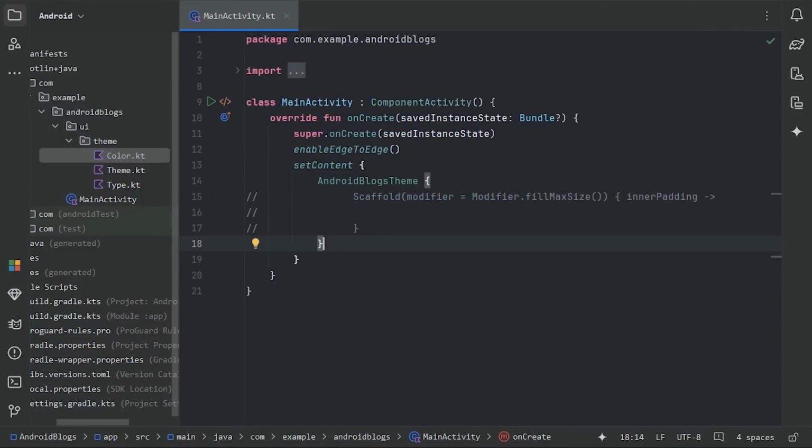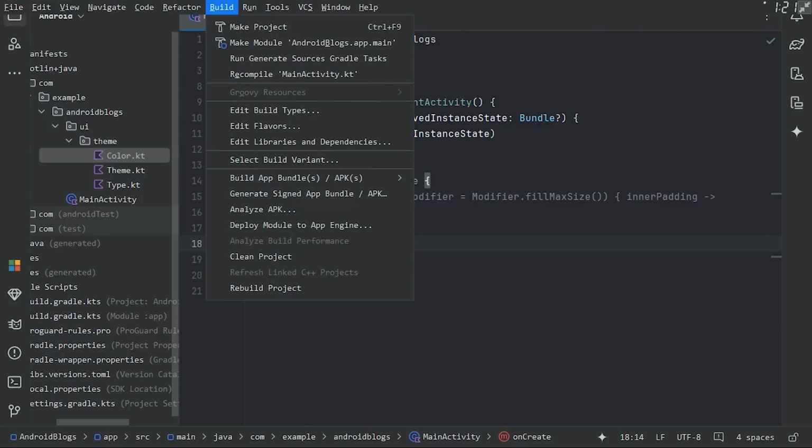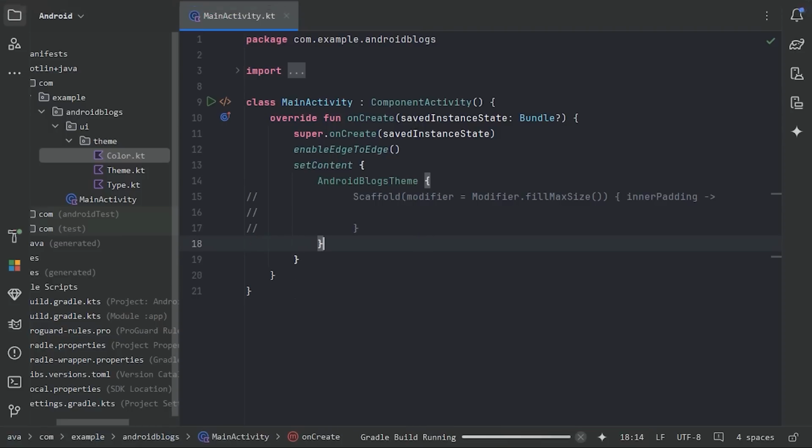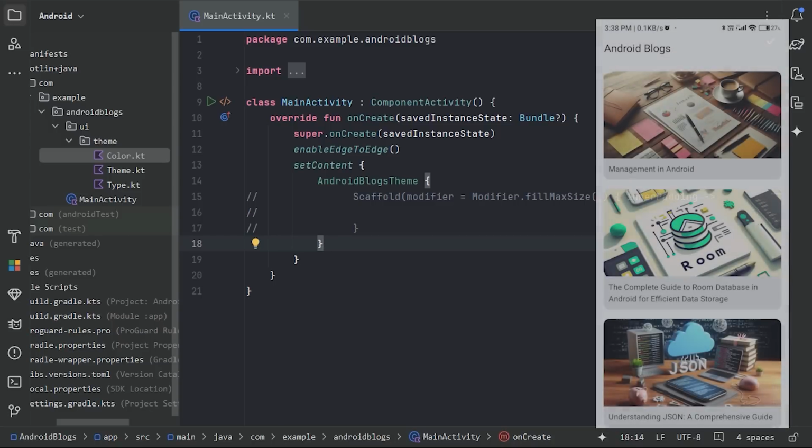And to make sure everything is working fine, you need to rebuild your project. Go to this build section and rebuild the project. And our project has been successfully built. And this is all for this video. We have successfully set up the project, and in the next video we are going to design our first screen,